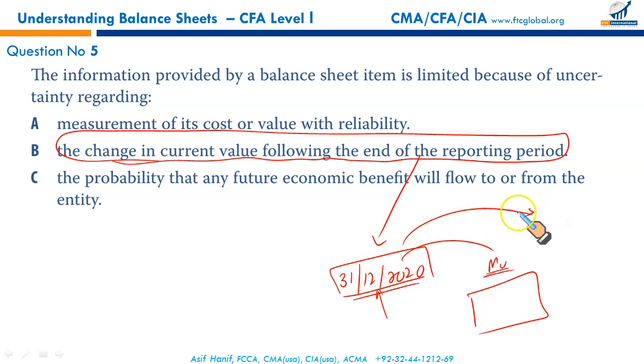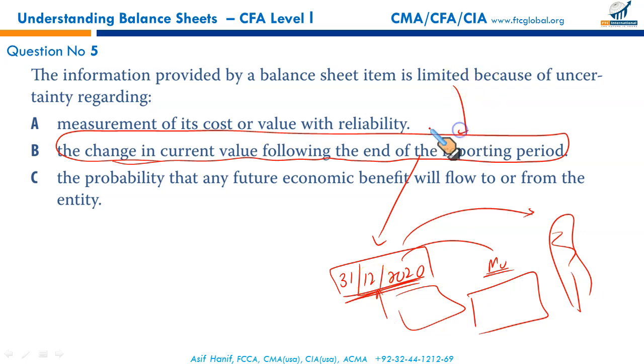So unfortunately, we can't incorporate these changes in the balance sheet at the end of 31st of December 2020 unless that event is an adjusting event and the financial statement has not yet been approved for publication. Otherwise, that's a drawback also, that immediately after the balance sheet date, things can change the total composition of your balance sheet. That's the limitation.